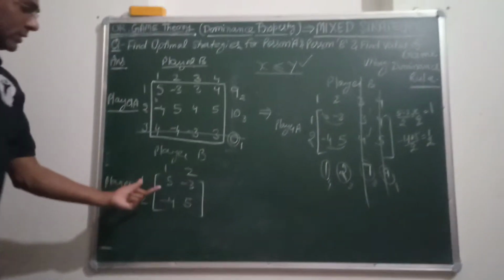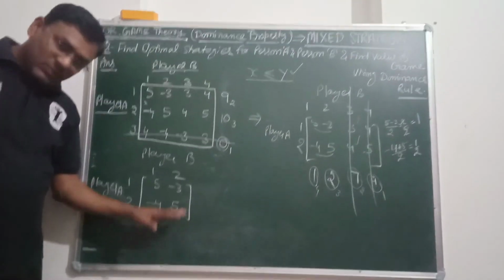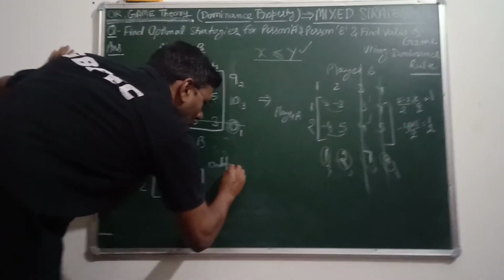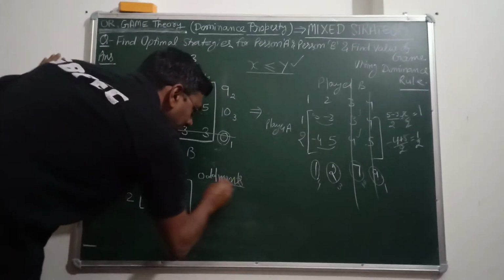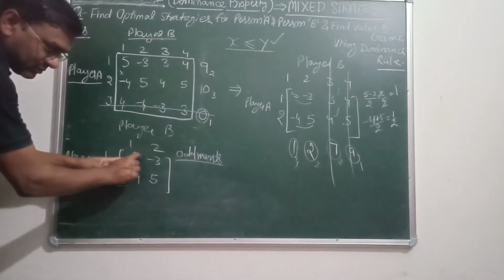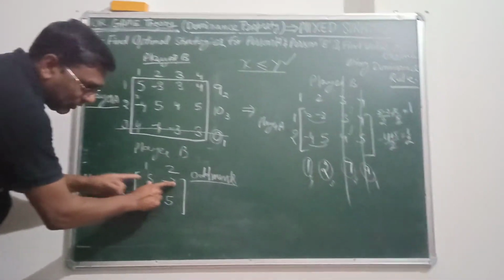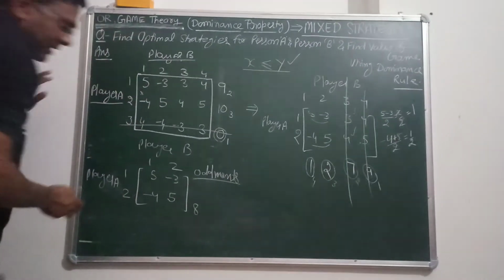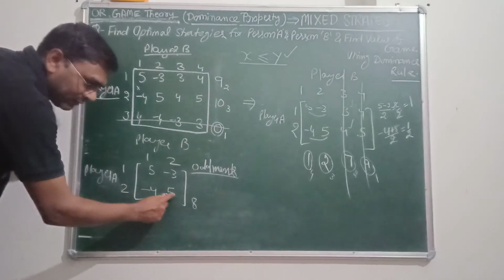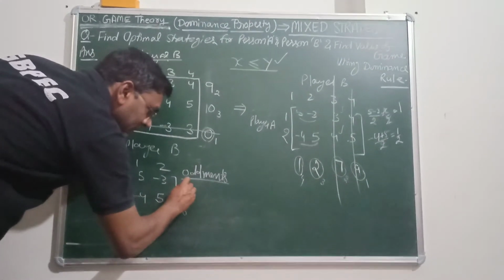Okay, now you will see that for a mixed strategy problem, as I have also explained in my first video, we have to find the oddments. How can you find the oddments? You have to subtract the minimum value from the maximum value. Now if you subtract -3 from 5, that will be 8, and you have to write that value here. Again you have to subtract -4 from the maximum value, that is from 5. So when you subtract -4 from 5, this comes out to be 9.